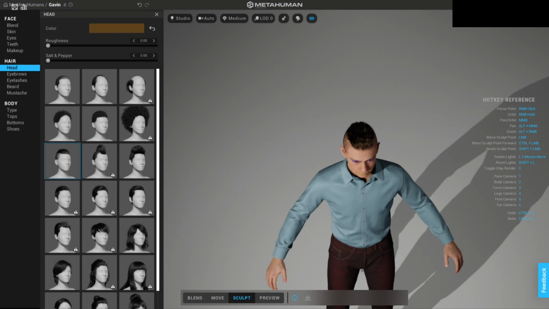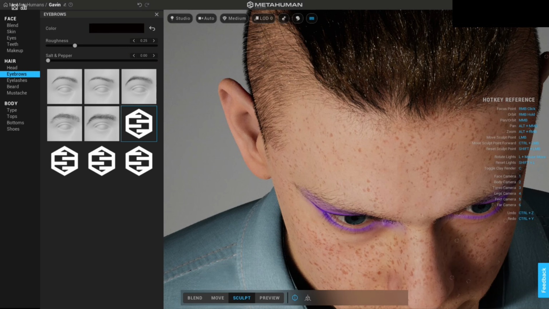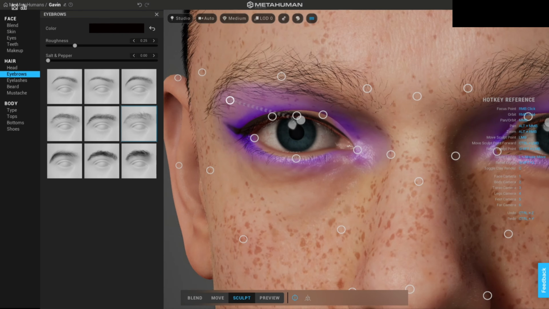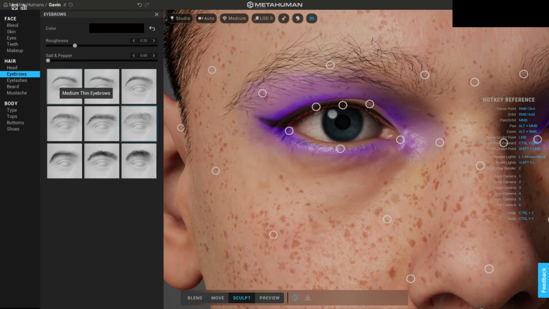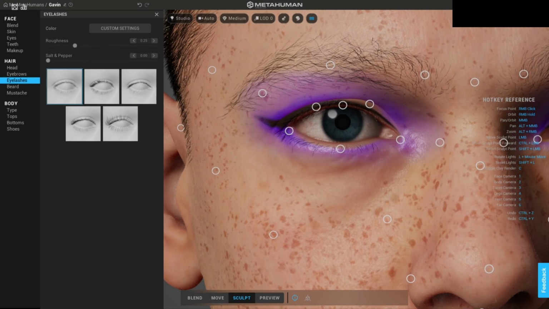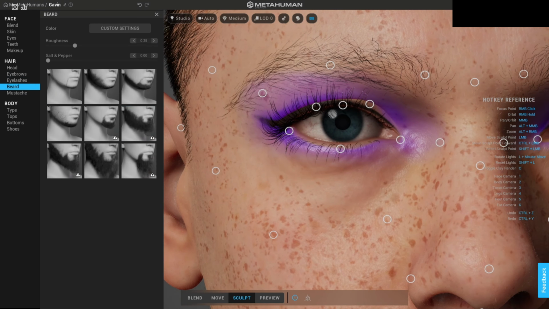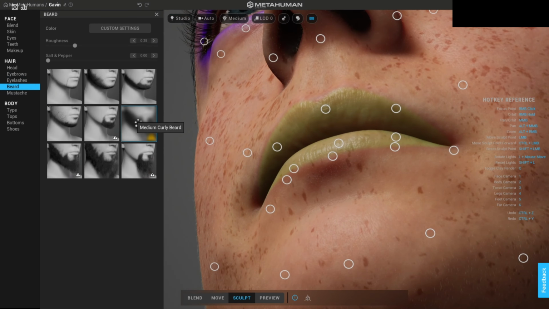Oh, why is this looking all... Hair's looking all weird. And then you can change your eyebrows and stuff, getting there. And again, this is not me filming where it's lagging like this. This is just because it's streamed over a network, which I think is amazing that you can even stream over this kind of thing. I think you get an hour of time to check it out. But yeah, you can change the eyelashes, get a big beard going on,